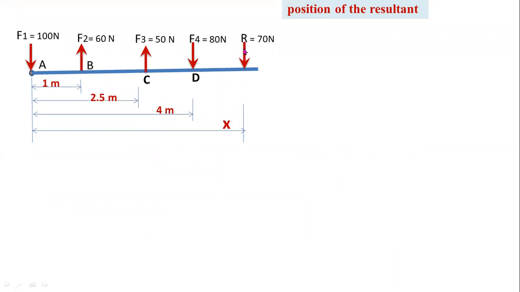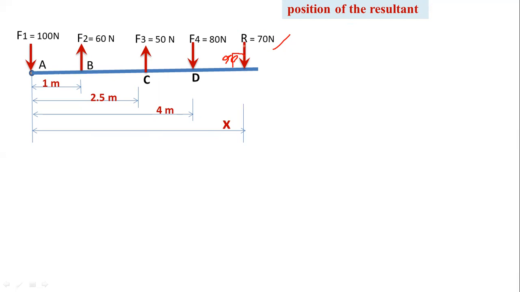And this is the position of the resultant. Here I consider resultant force as vertical because the direction is 90 degrees. Theta x equal 90 degrees. Here this is the magnitude of the resultant. The summation Fy equal to minus 70. The sum of all vertical forces equal to minus 70. So for negative sign, you have to consider downward direction. That's why I consider this resultant force in downward direction.